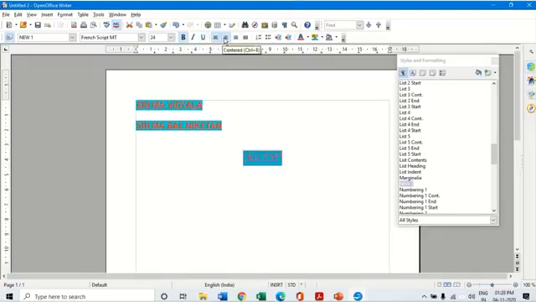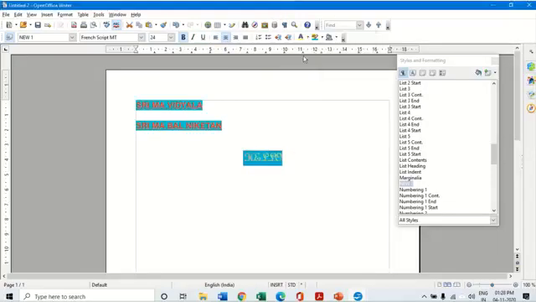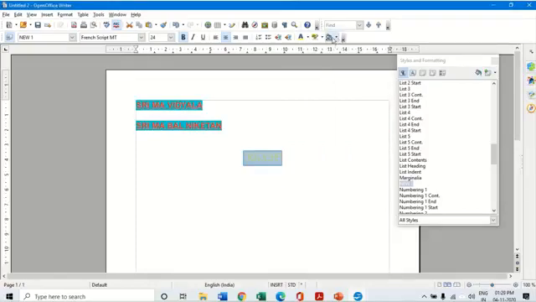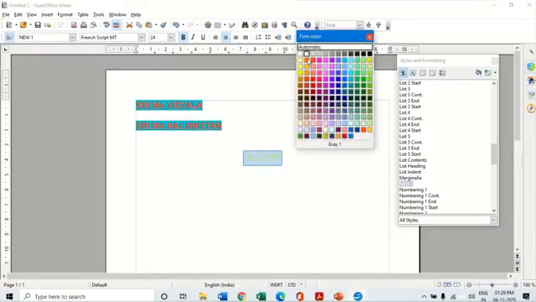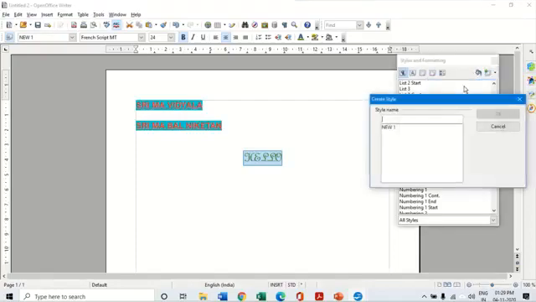I want to center it, and this time I want to have yellow color, or green color, and I don't want any highlighting at all. Okay, so this way, this is my new style. This is my style. I can select this, click on new style from selection, and give this as new 2.